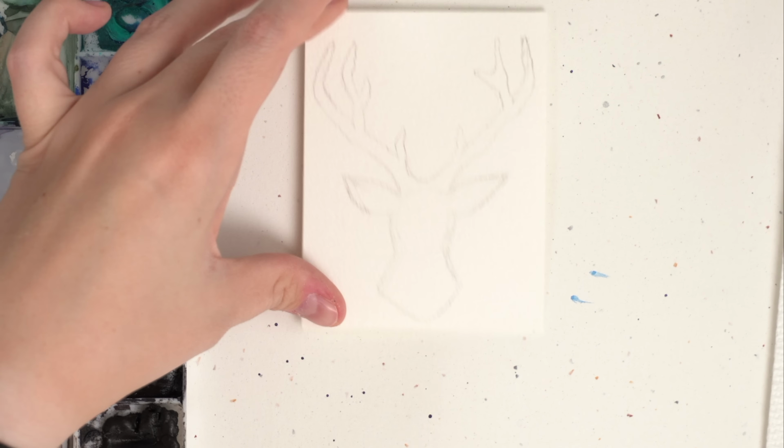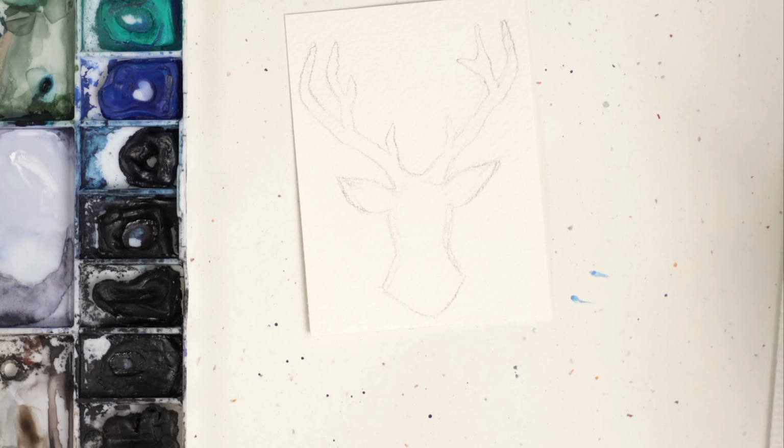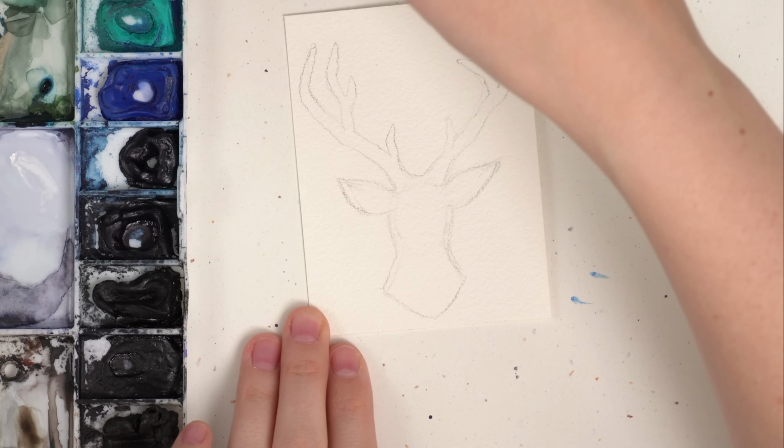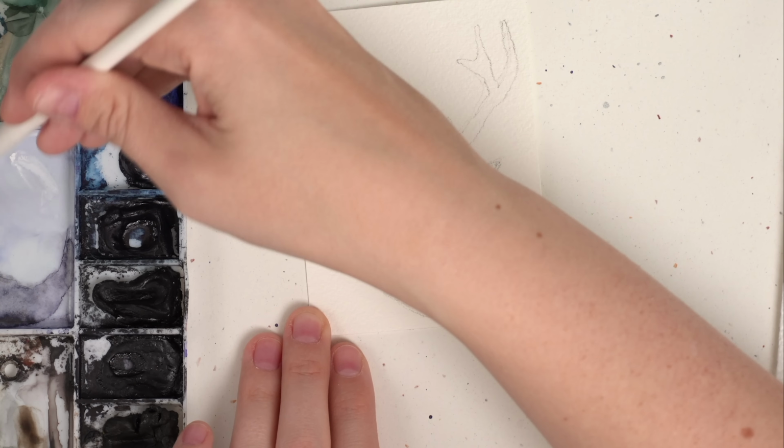And now we're just going to have fun. This is going to be the relaxing part. We're not going to be doing any faces or anything. What you're going to do is you're going to pick a color. I'm going to use blue, I think, to have this night sky, but you can pick whatever color you want, honestly. So I'm just going to do a blue like this,